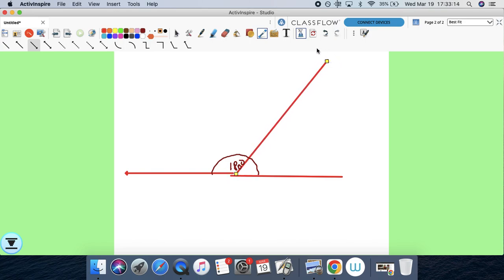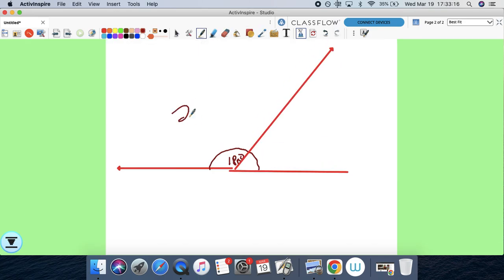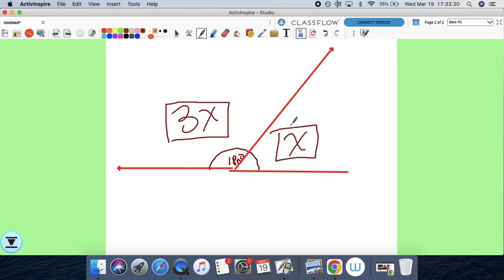Call this 3x, and let's call this x. And you wanted to find the value of the angles, and you had to set up an equation. Well, the one thing you would know is that this angle, which is called 3x at the moment, and this angle, which is called x at the moment, if I add those two, they equal 180. So knowing that these are supplementary, knowing that they add up to 180, helps you set up